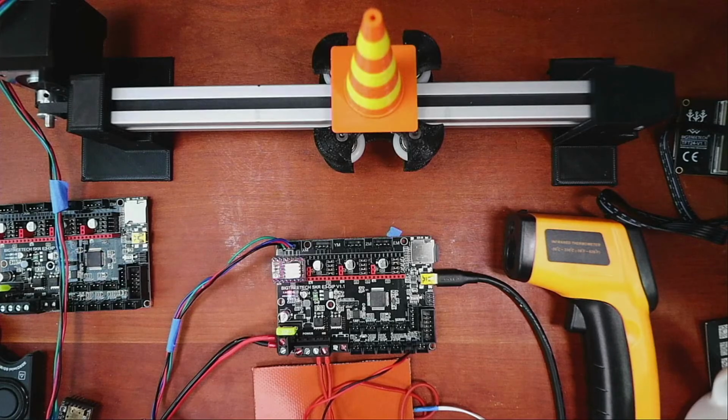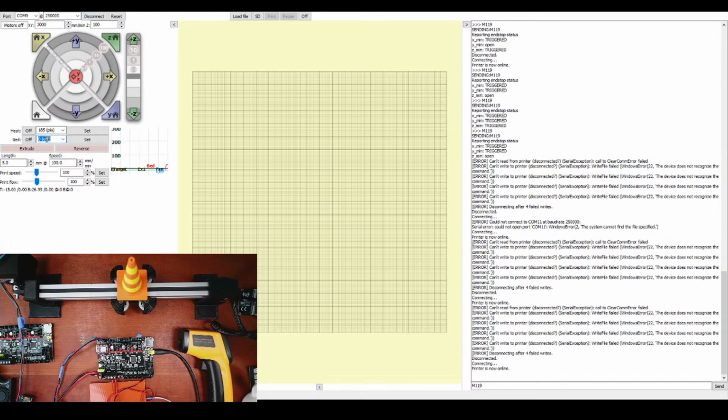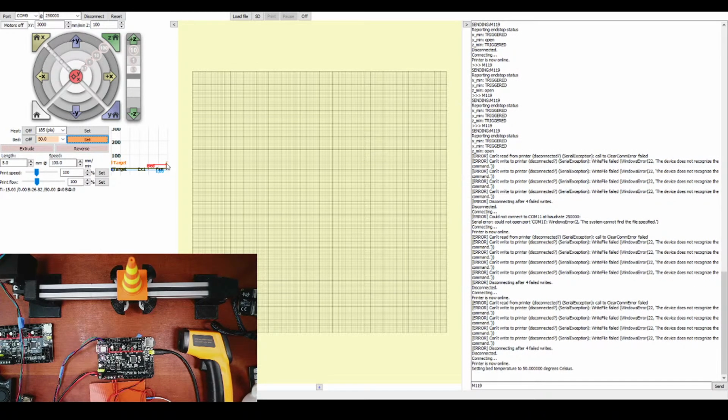Let's go over to Pronterface. We'll connect to the device. And we'll set the heat bed right here to 50 degrees Celsius. Let me just get that little paren out of the way. And set it. So notice how it's moving up right here. You can hear a little bit of strain on the power supply right now. I'm using a 12-volt one, so it's not too great, but I prefer it. So that's starting to heat